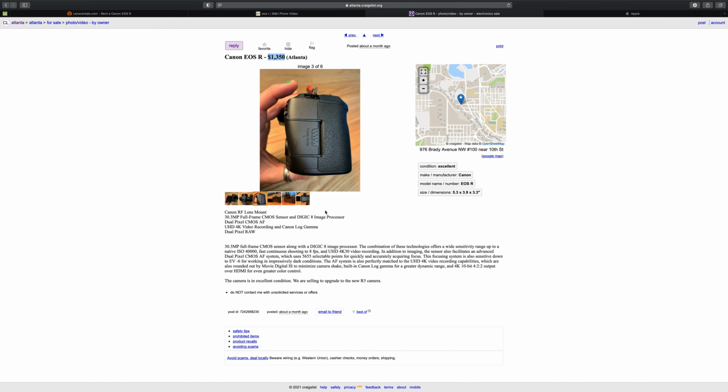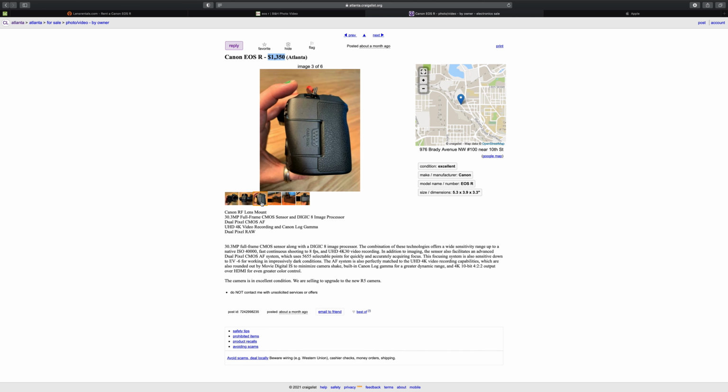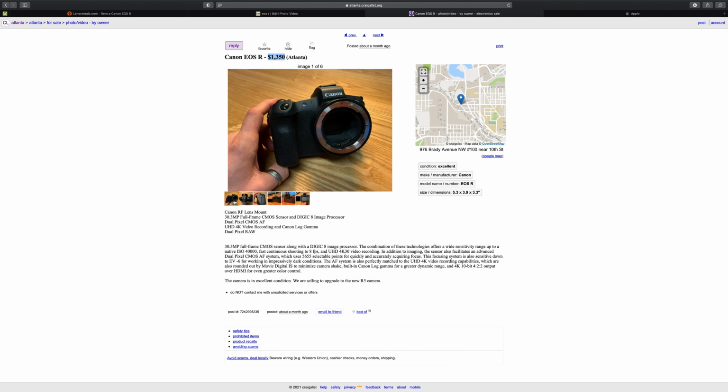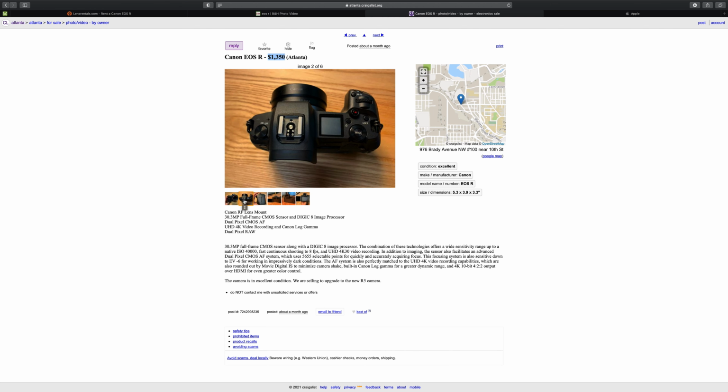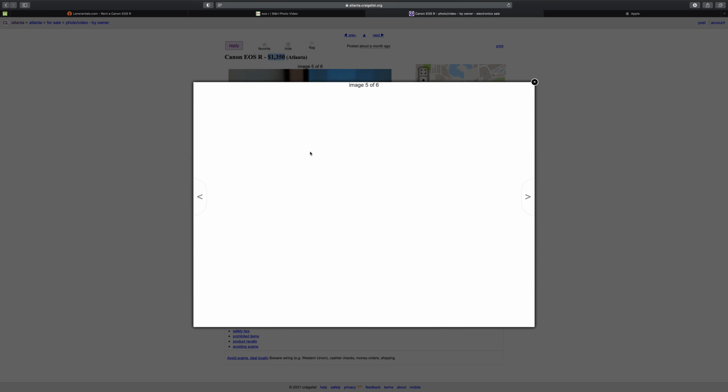Mainly because a lot of these people, they buy cameras, they expect to use them, and they just sit on a shelf because they realize that they're not really cut out for filmmaking or photography. They thought they would be able to buy this camera, and half the people don't even know how to use it. So that's why, if you look at this one,